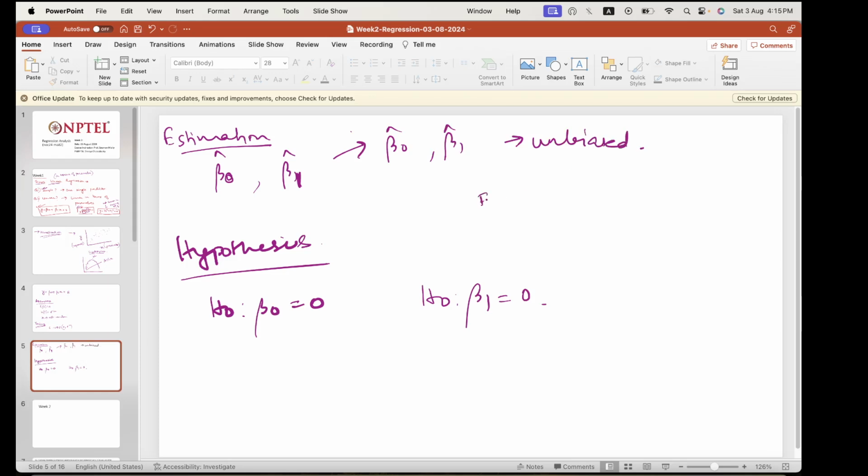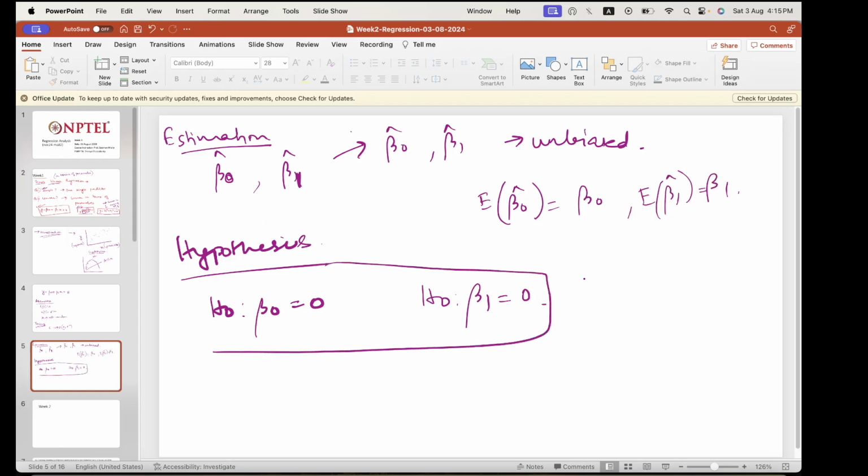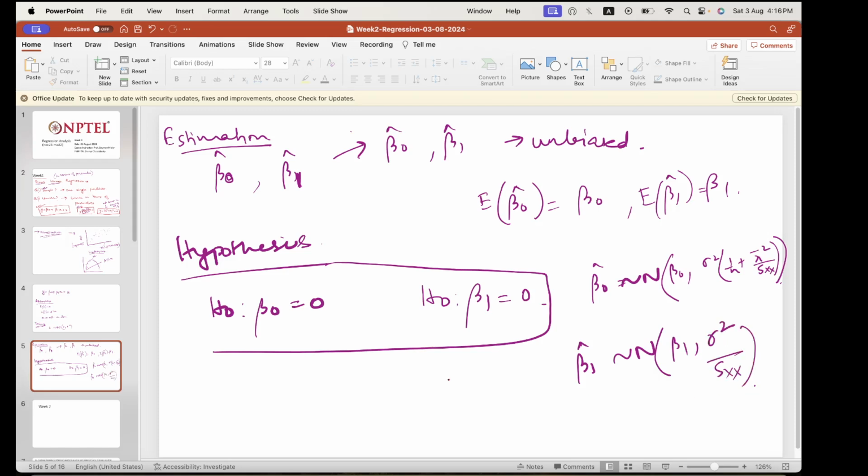What do I mean by unbiased? It means expectation of beta naught hat equals beta naught and expectation of beta 1 hat equals beta 1. Okay, and also prior to hypothesis testing, what did we do? We also derived the distribution of beta naught hat and beta 1 hat. So beta naught hat would follow a normal distribution with mean beta naught, and the variance would be sigma square times (1 by n plus x bar square by Sxx), and beta 1 hat would follow a normal distribution with mean beta 1 and variance sigma square by Sxx. Okay, so these things we learnt,